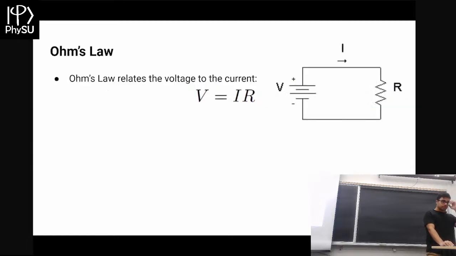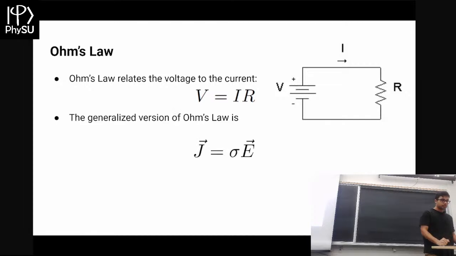So now, remember from first year, Ohm's law, V equals IR. This is in a circuit. If you have a potential drop across a resistor, you'll get a current I. It turns out it's a little more complicated. If you're in higher dimensions, say you're looking at the current inside of a 3D solid, the current J, or more specifically the current density, will be related to the electric field through some constant, sigma, the conductivity.